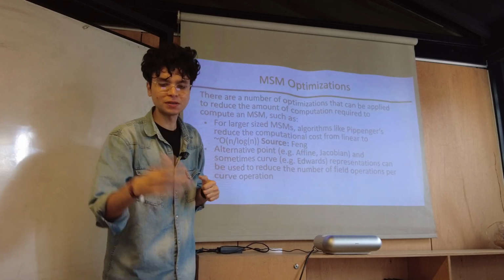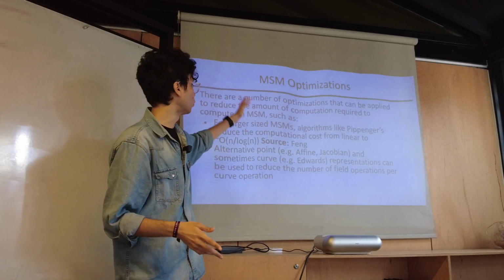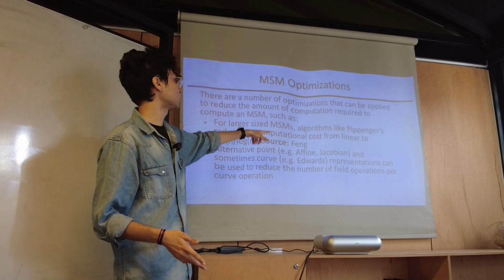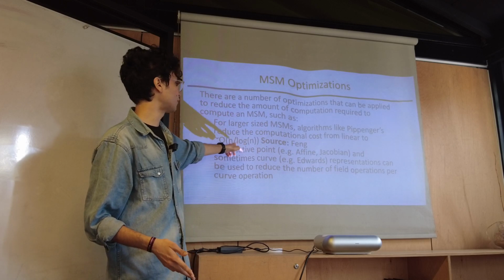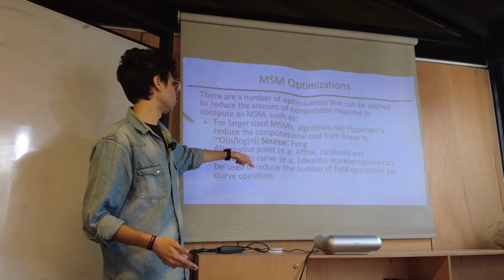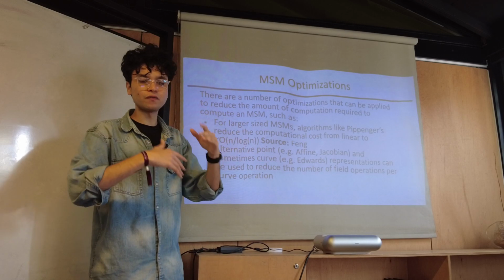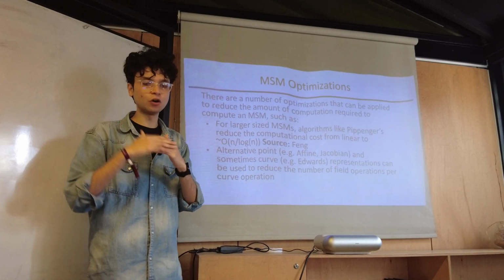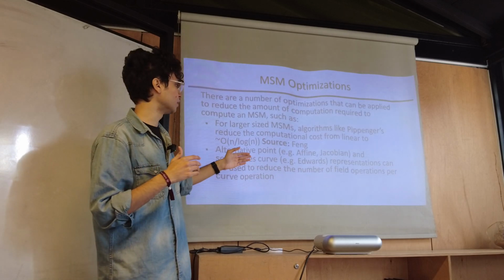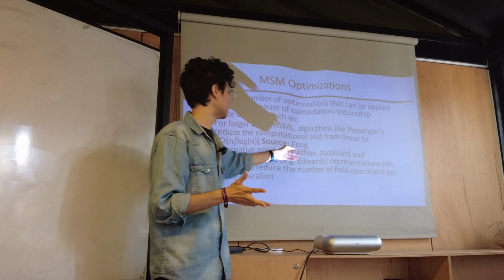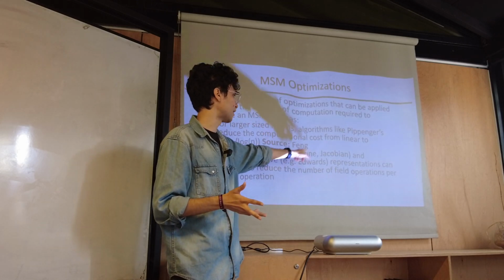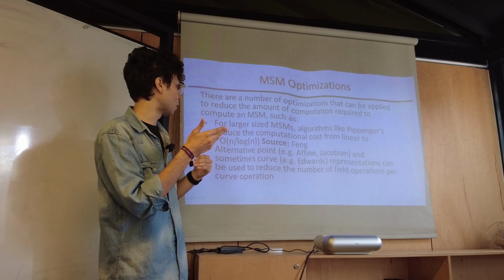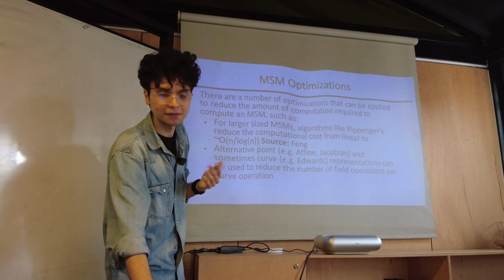Right? And if you're doing something like MSM, you can do a whole bunch of other optimizations, like using Pippenger's algorithm, which reduces the complexity from linear to O of n divided by log n. You can also play around with different forms of curve point representation, which can maybe reduce the number of field operations. So there are these other representations such as affine and Jacobian, right? Which can sometimes give you some optimizations and speedups for the MSMs,